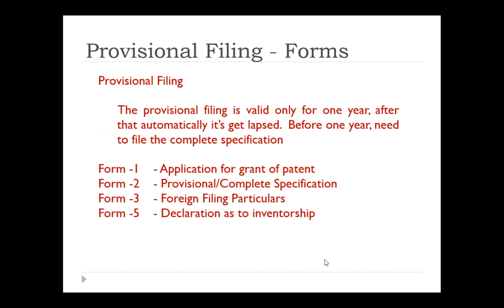And the next one is Form 5. This is the declaration as to inventorship. As we know, there are 3 entities: applicant, inventor, and the legal representative or patent agent. Here you are declaring that these are all my inventors by the applicant. Knowingly or unknowingly, all the inventors are accepting that these are the applicants. As I previously mentioned, these are the particular owners of this invention, because the applicant has the full rights, as you know very well.